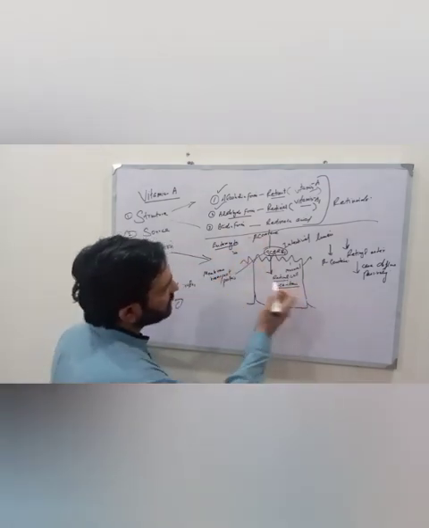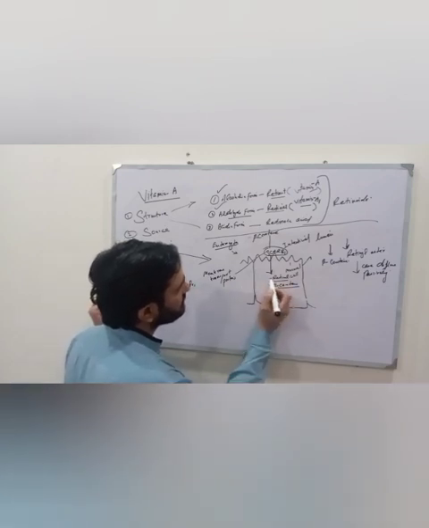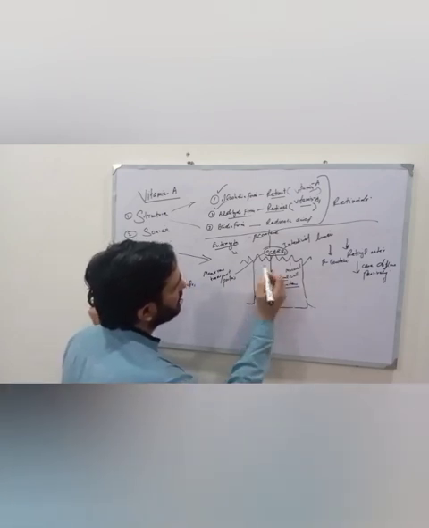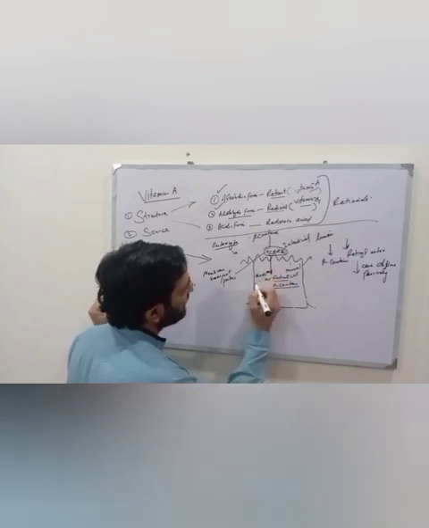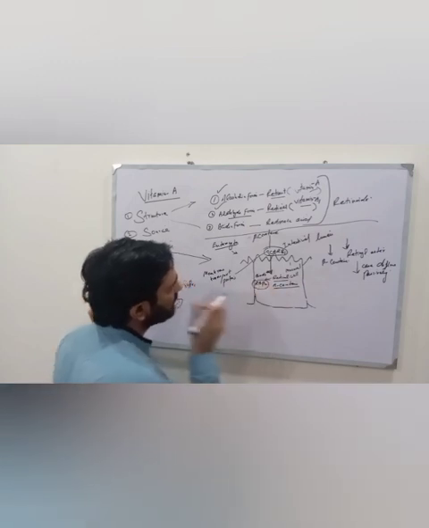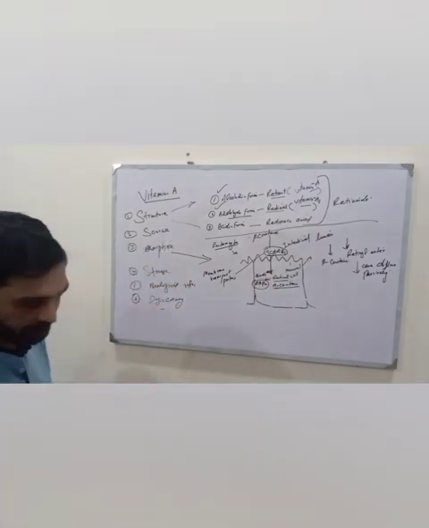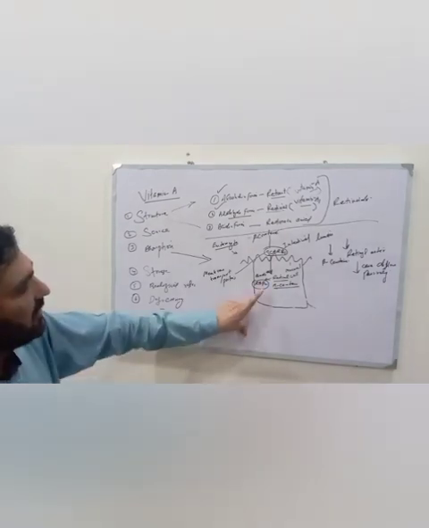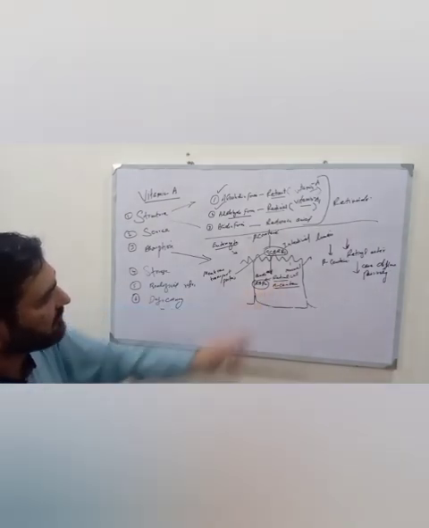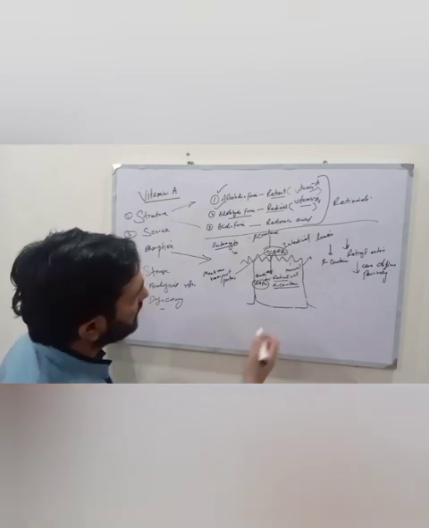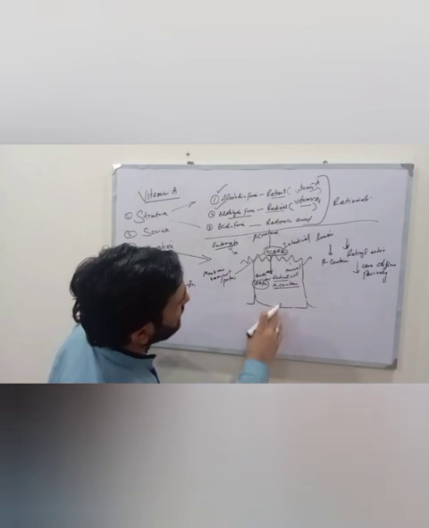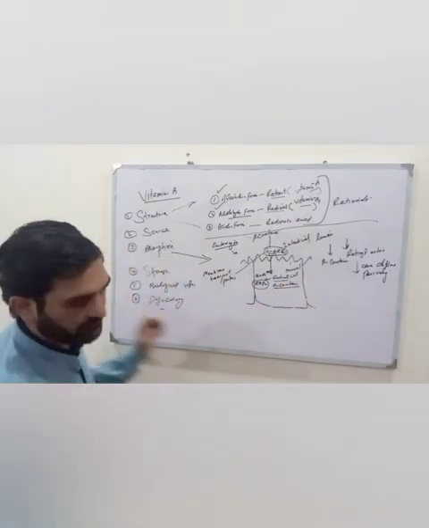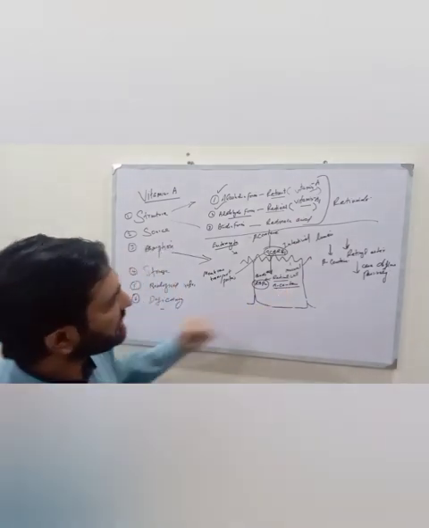Here, retinol binds to retinol binding protein 2. But beta carotene has two routes. Beta carotene can be converted into